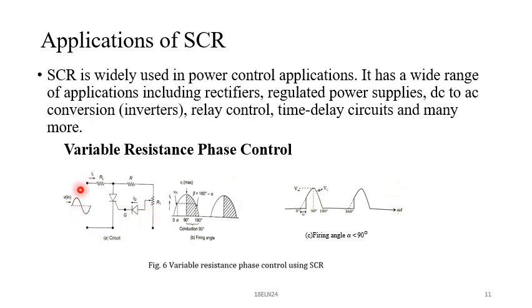Now here I will apply an input signal, then the SCR will go to a turn-on state and we will get the output. And now I need to control the phase angle, I need to control this output. For that, I use these two resistances. One is R, a fixed resistance, and the other is R1, and I will increase or decrease the value of this one. As I mentioned, this is a variable resistance. If I increase it, the current will be reduced. If I decrease it, the current will be increased. So the gate current required to turn on this SCR depends on this particular resistance R1.